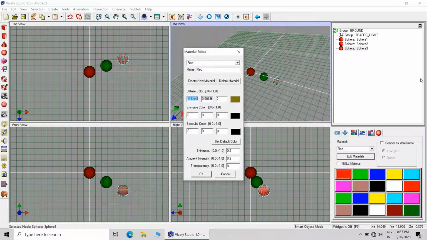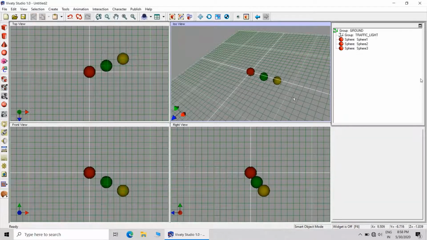And the third will be the yellow color. Again I will not be using perfectly yellow color. Instead of that I will be using one shade in the yellow color, like this.